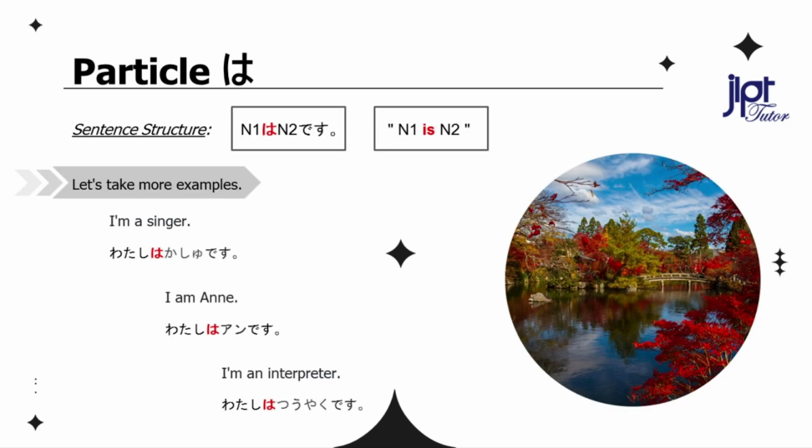Try making some right away. I'm a singer. 私は歌手です。 I am Anne. 私はアンです。 I'm an interpreter. 私は通訳です。